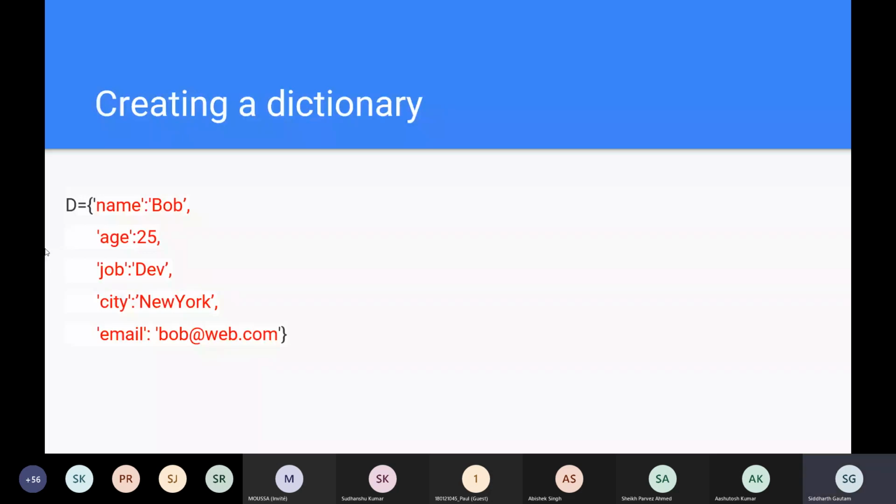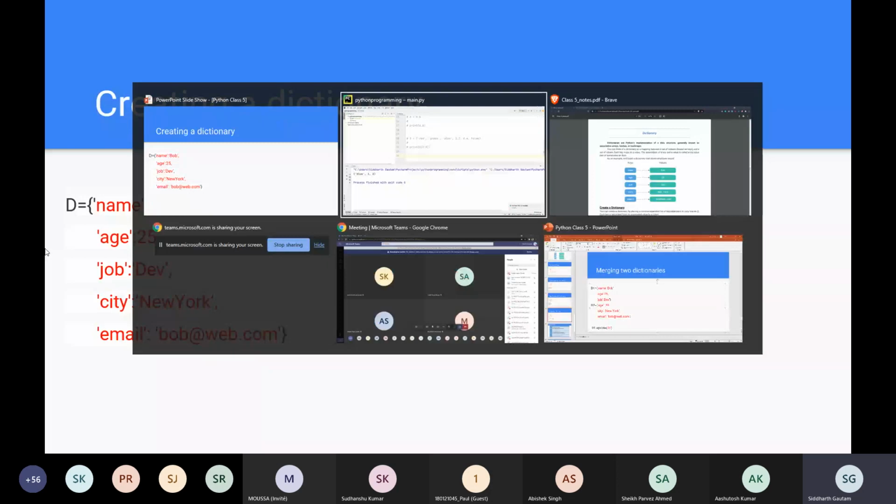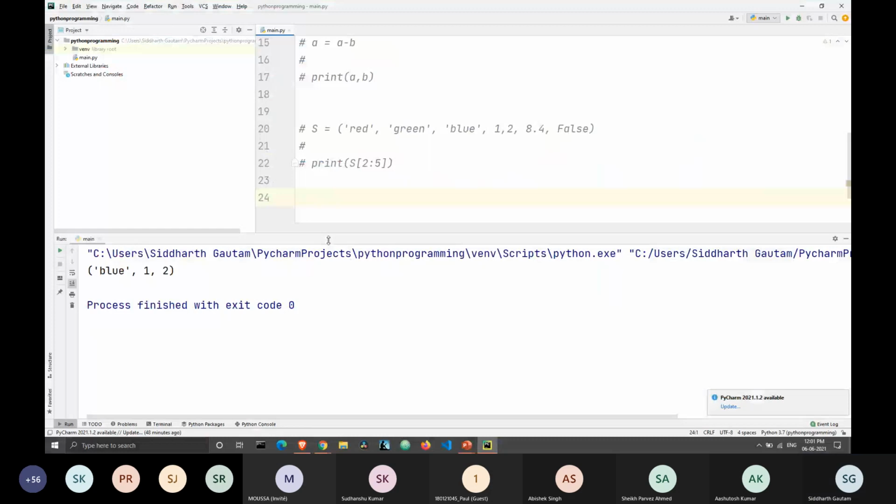Let's go to our IDE and type out the dictionary. Let's say the name of my dictionary is D, the same as the example. I have my curly braces now, and my first key will be name, colon, and now I will type my own name, let's say Set. My second key might be age. As you can see, I'm separating the key value pairs using a comma. Commas are used for separation at every step in Python.